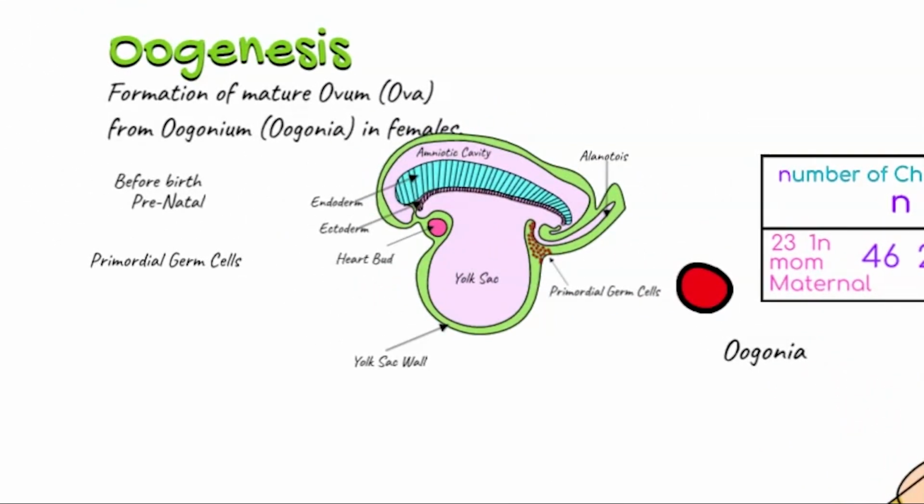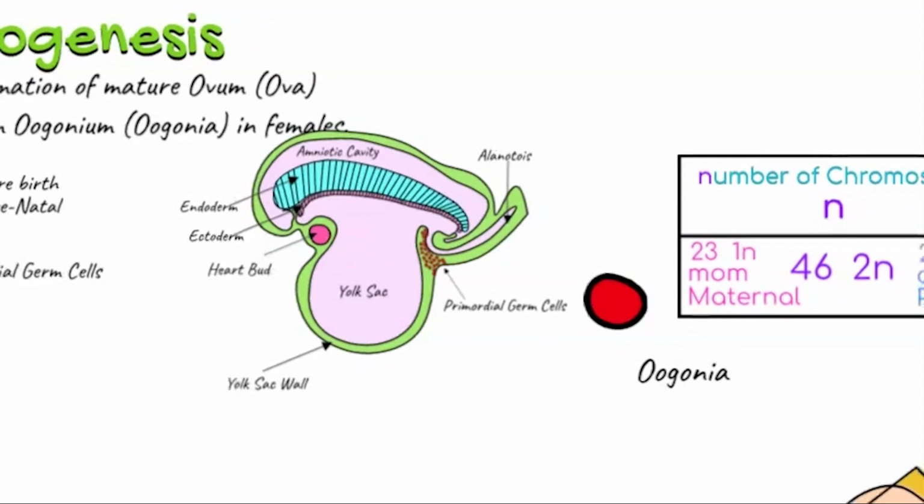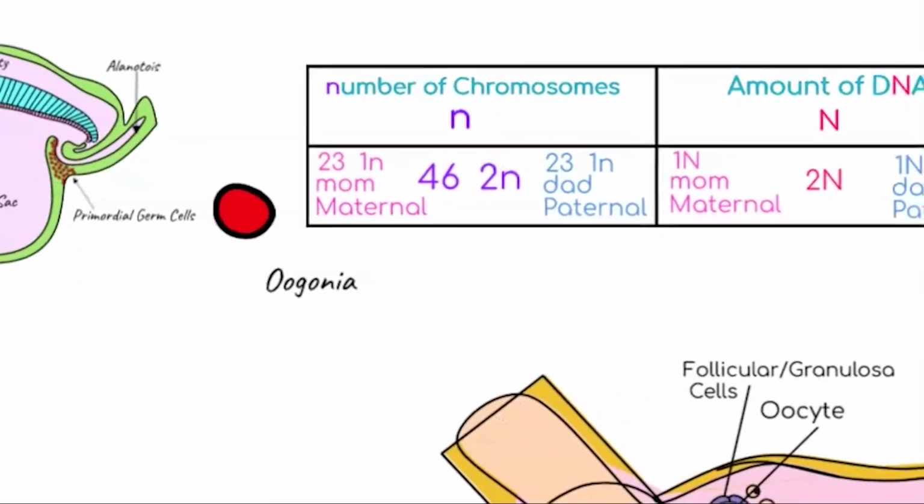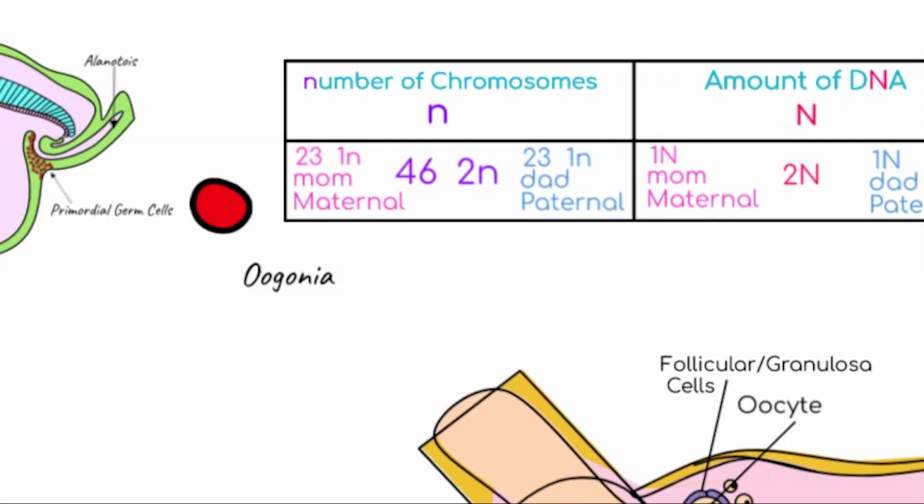You're in your 4th week of developing inside of your mother's womb. Certain cells from the yolk sac travel to the ovaries, and they are the cells that are going to become your sex cells. They are called primordial germ cells. They keep increasing. The genetic material in them is still the same, just like the ones that they came from,